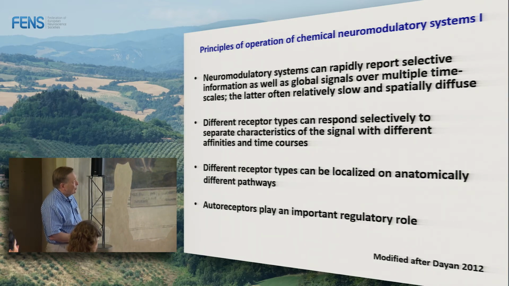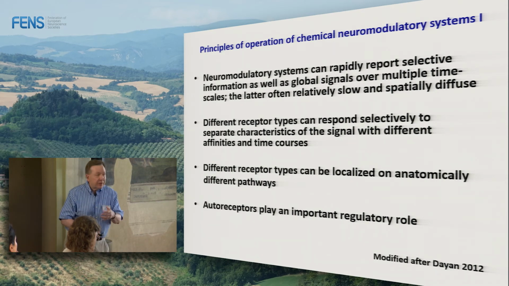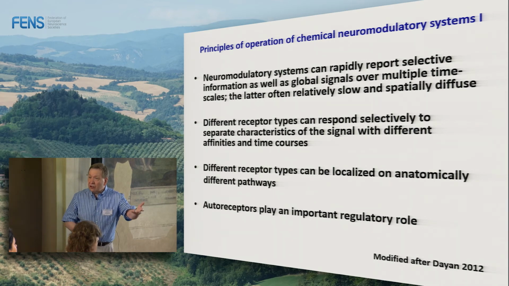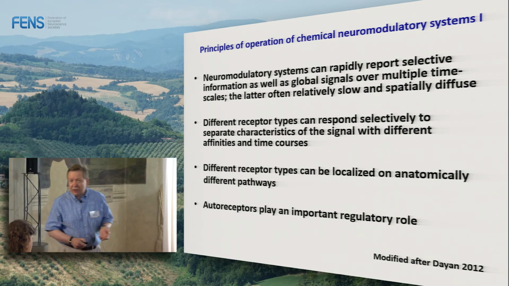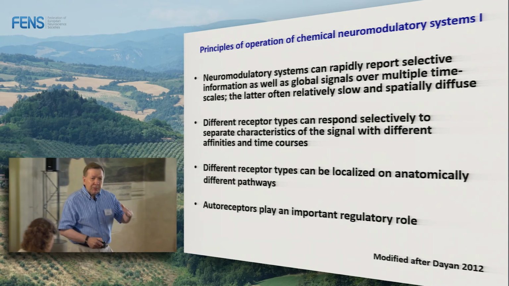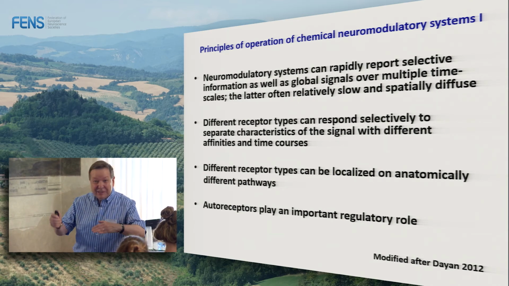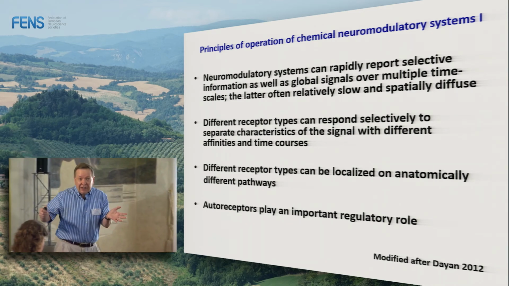So the neuromodulatory systems can rapidly report selective information as well as global signals. The selectivity and the non-selectivity, as it were. These signals are produced over multiple timescales, phasic and tonic, and they're often relatively slow but also spatially diffuse because of volume transmission. Different receptors can respond selectively with different affinities and time courses. This makes things very difficult. When you block a D2 receptor, do you have more activity at the D1 receptor, for example? We have to consider these complexities, even within the system,